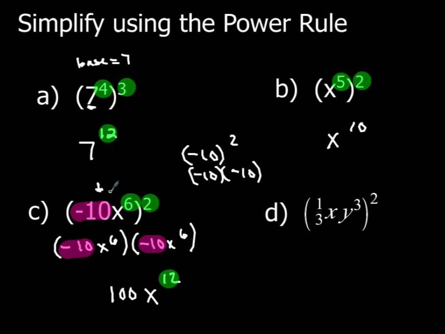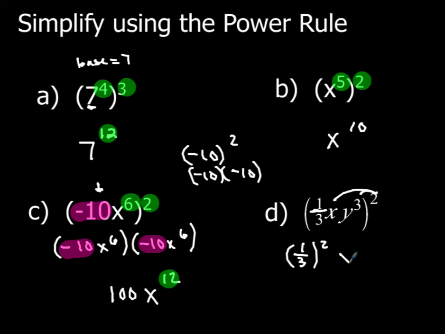Please be sure you don't make the careless mistake of saying, oh, the coefficient would be negative 20, because that's wrong. Don't do that. Now, with that same idea, let's take a look at 1/3 x y cubed, that quantity squared. So again, we're going to take our exponent and distribute it here and here, and I'm going to have 1/3